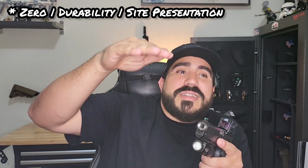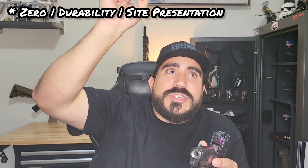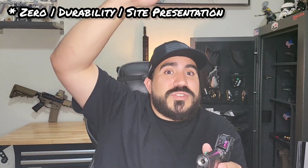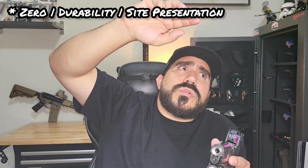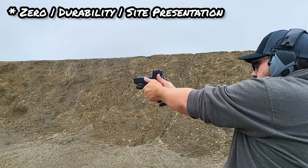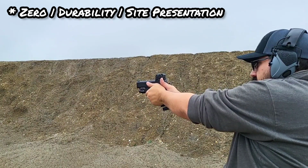I noticed that my dot was sitting super high up, so I had to bring that dot down. I adjusted down like 16 clicks literally on this thing, 16 times just to bring it down much closer. And then boom, after I think I did a total of like 25, 30 rounds, right around there, I got it all really nice, down, tight, packed zero, which I like, because usually even after